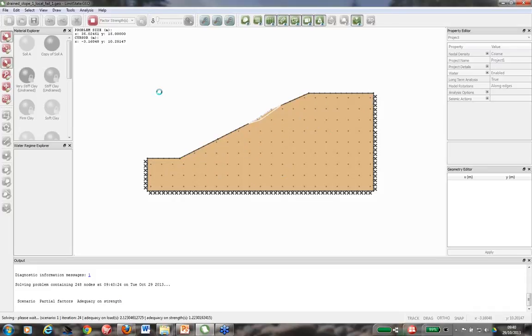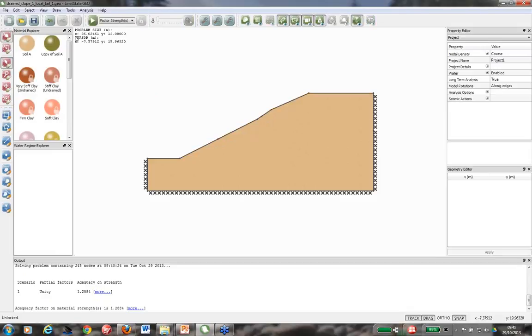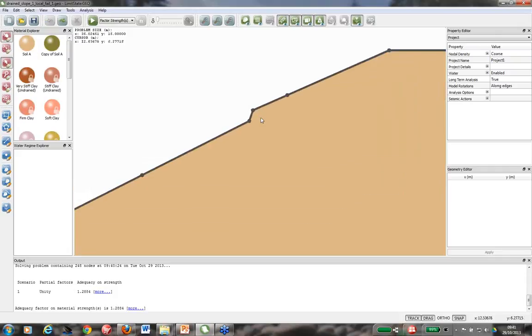So we'll get there fairly soon. This is a slightly different geometry to the previous example, so we've got a lower adequacy of strength there. Alternatively, if I click this undo button, if I really want that profile there, I can ask myself, well, why is it really there? It's probably because there's vegetation reinforcing that slope, or there's a